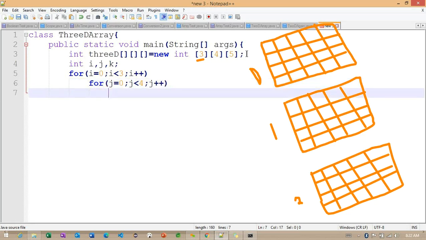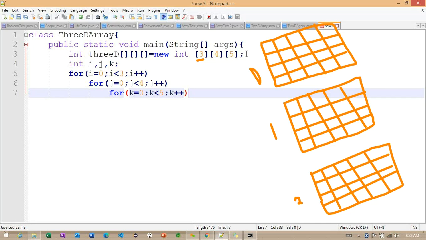And one more I'm creating here, the third one: k is equal to 0, k less than 5, and k plus plus. This third one is for the column, so this column loop is going to repeat multiple times.